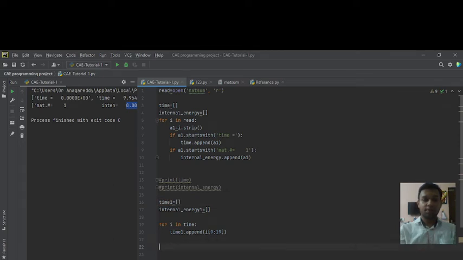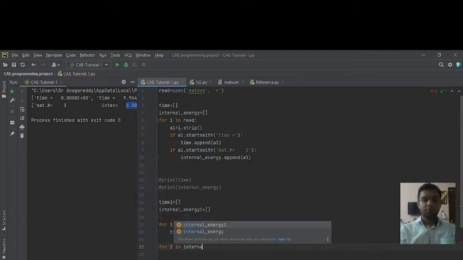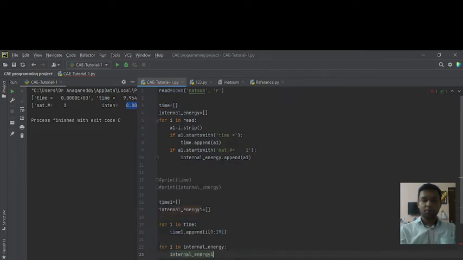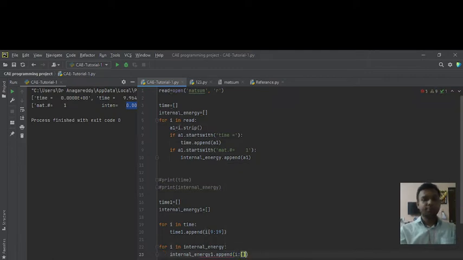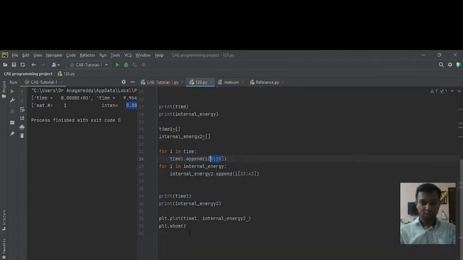After that, same for internal energy. Internal energy dot append from i. So we will type this in the program, 33 to 43.